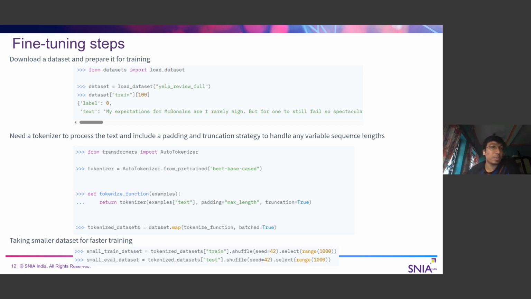Also, there is a provision because sometimes the data sets can be huge. If you don't want to use the entire data set to train on the first go, or based on the computational capacity that we have, we can filter the data set. Here, we can see that we can shuffle the data just to get a standard set of indexing, and then we are taking only the first 1,000. So there is a provision to choose the number of data samples we want to try the training with. In this slide, we can see that we have taken the data set, we have made a provision to tokenize the data set using this BART-based tokenizer, and then we have taken a few entries from the data set.